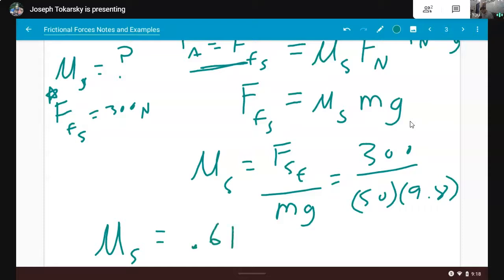It's 0.61. And since this is the first time we solve for it, now is where I want to talk about something that might seem strange at first, because we're so used to units. Mu does not have units. It's one of the few unitless values we run into. A conceptual reason why mu doesn't have units is